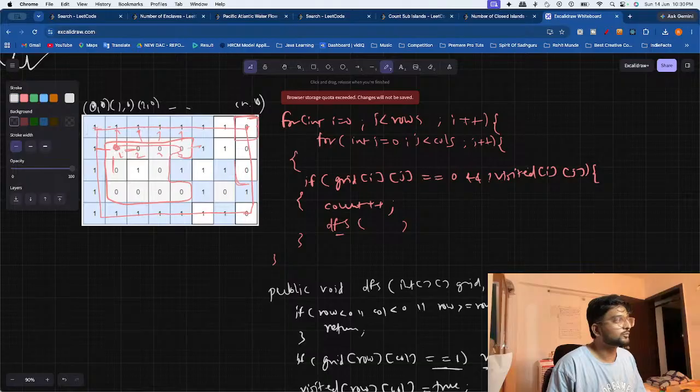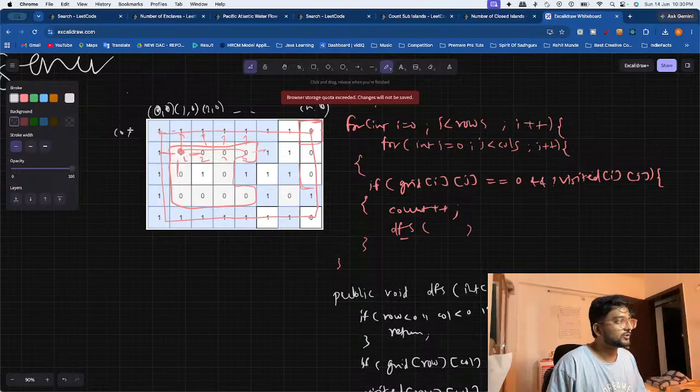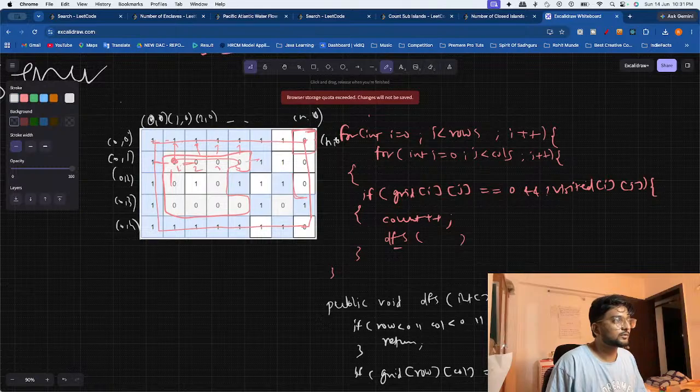So we need the first loop over here, and then this is 0 0, 0 comma 1, 0 comma 2, 0 comma 3, 0 comma 4, and this becomes n comma 0, n comma 1, n comma 2, n comma 3, and n comma 4, like that. So our first for loop will become